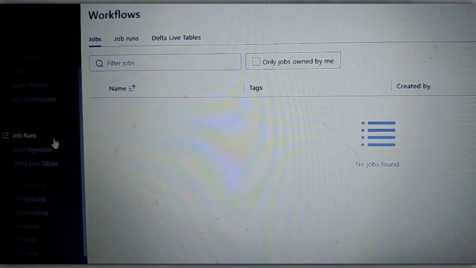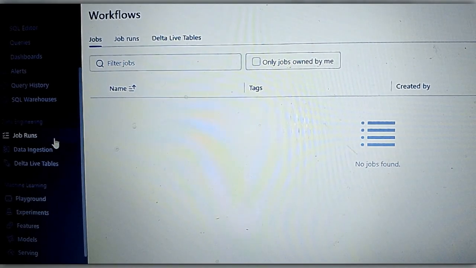Then next part, data engineering. Job runs. Job runs in Azure Databricks refer to the execution of scheduled jobs. Jobs in Databricks automate the process of running notebooks, jars, Python scripts, or other tasks. Key features of job runs include